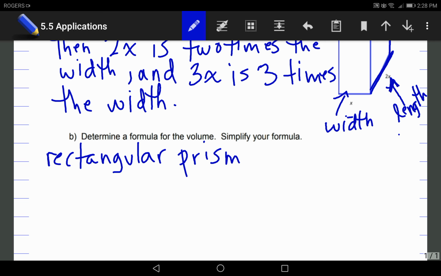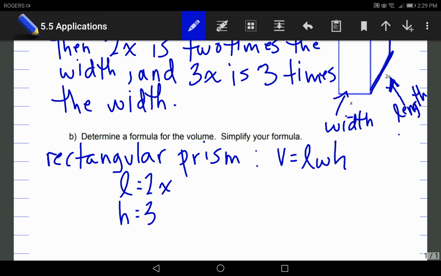Google it. Okay, and you will find that the volume for a rectangular prism is length times width times height. Okay, length times width times height. So we have to find a formula with our variables and our terms in there, okay, and then simplify it. So let's do that. Okay, if I know that my length is 2x, my height is 3x, and my width is x,